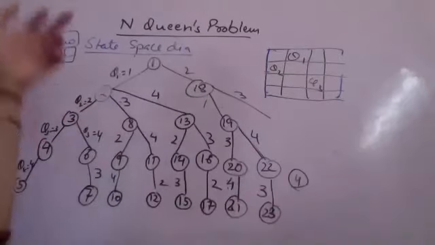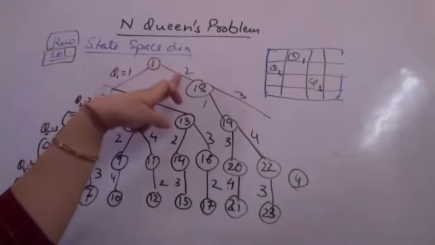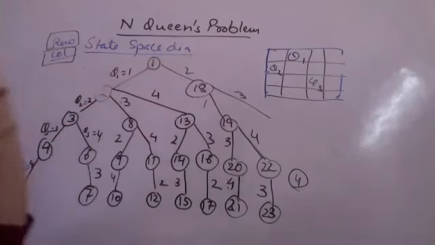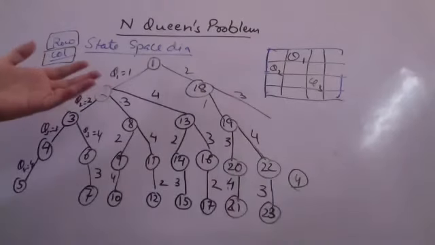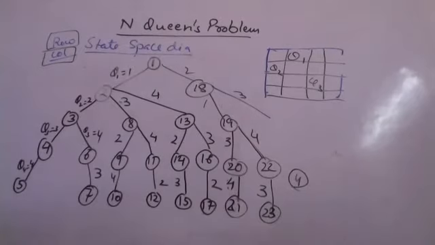6 solutions will be there in the case when Q1 is placed in the second column, and so on. So in short, there will be 24 possible solutions, out of which you have to check which are the feasible ones. So you just have to check whether they are adjacent or not. You have to make sure what the diagonal of Q1 will be and what the diagonal of Q2 will be. This we have to find out. How do we find out the diagonal elements now? The question now comes.